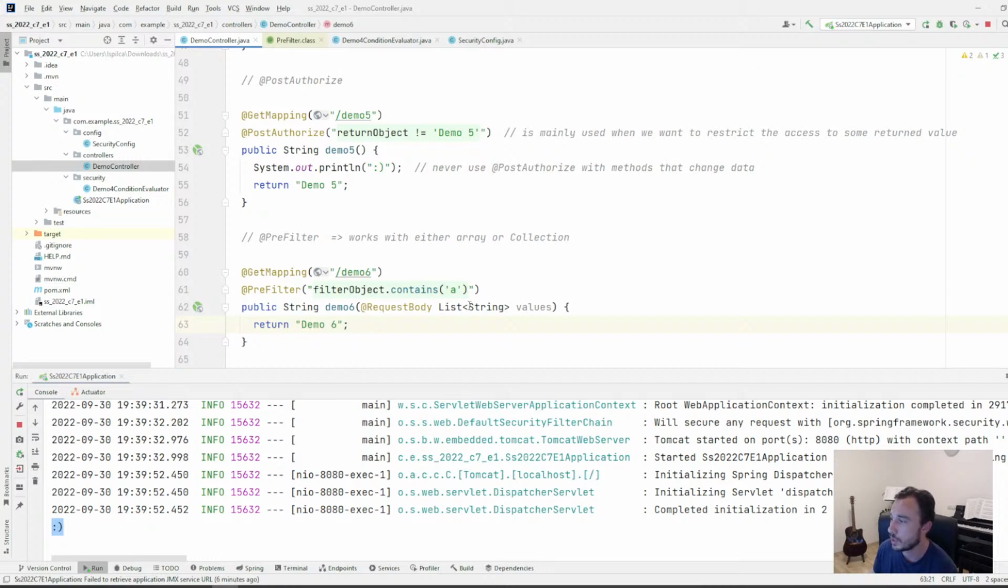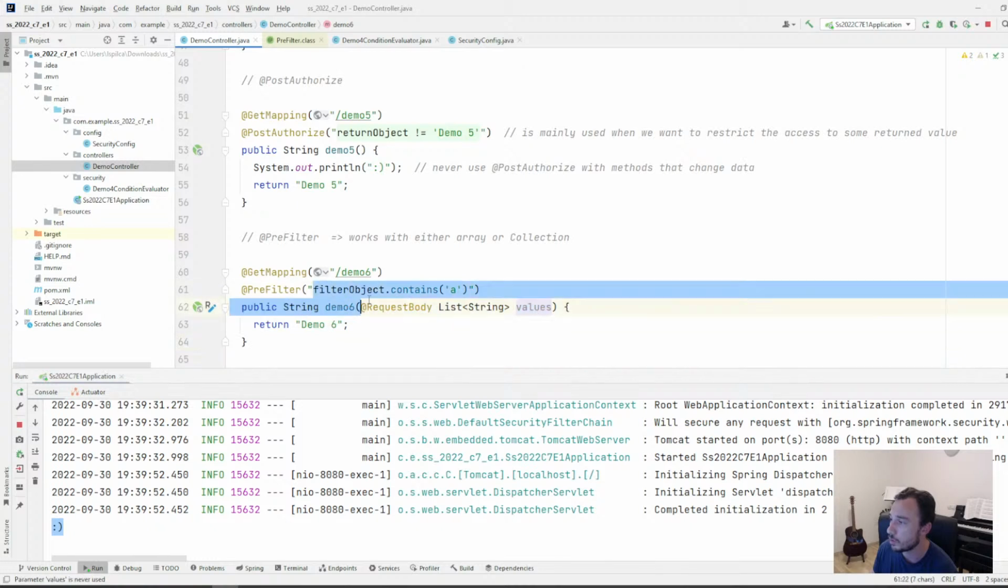this condition does. It will allow only the values that contain the character A. So all the values that don't contain A will be removed from the list before the method is called. So prefilter doesn't completely restrict access to the method. It simply filters, based on the condition, the values that are sent to the method. And yes, we can